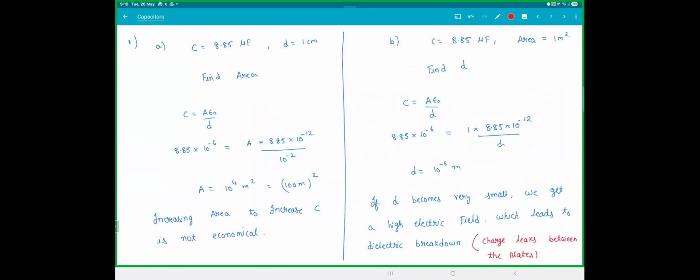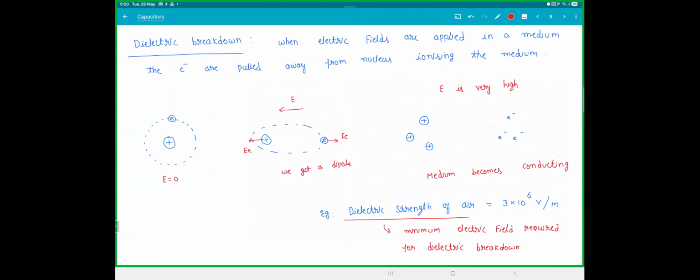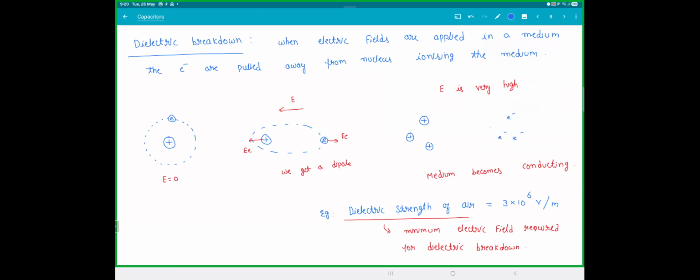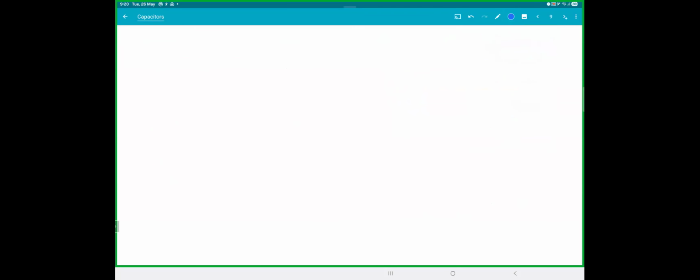So increasing area is not a good idea because it is too expensive. Decreasing distance is also not a good idea because there's a dielectric breakdown. So then how do you increase capacitance? So in the formula, A epsilon by D, you can't change area, you can't change D, we can change epsilon by introducing a medium. That's your dielectric. We'll talk about that later. That is the end of the chapter. So that actually has uses. Any doubt so far? So just to write down this example,